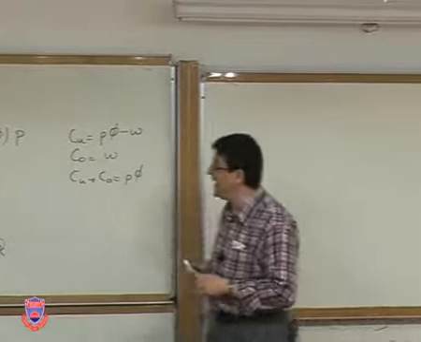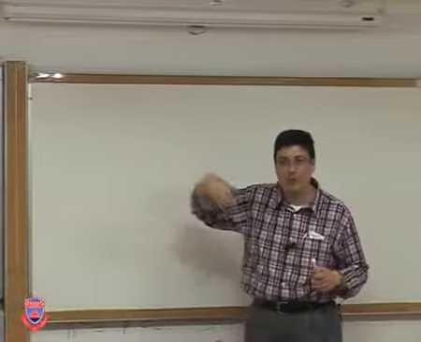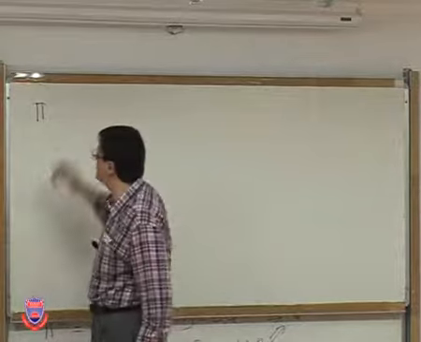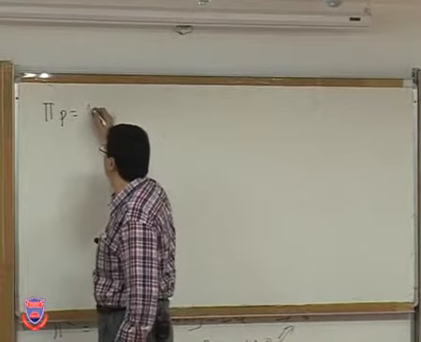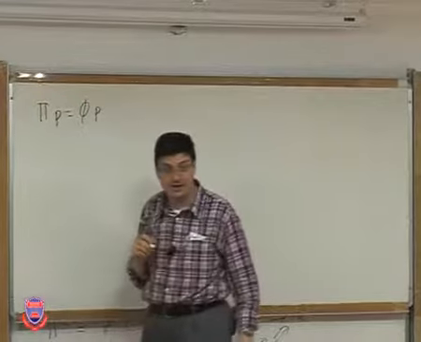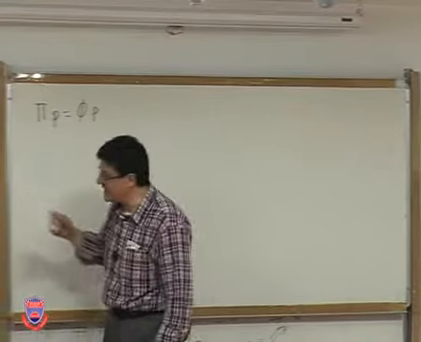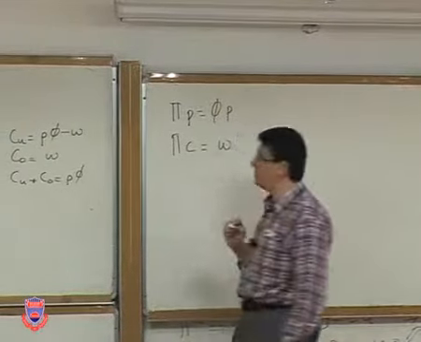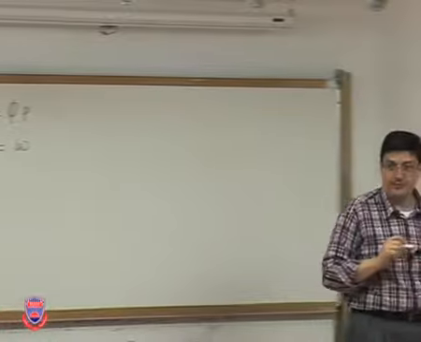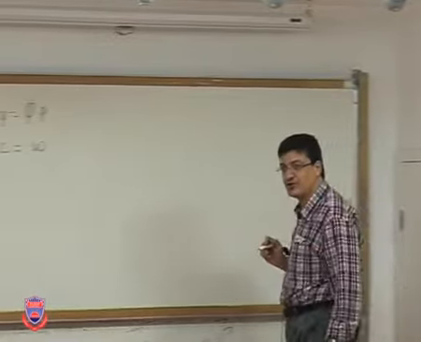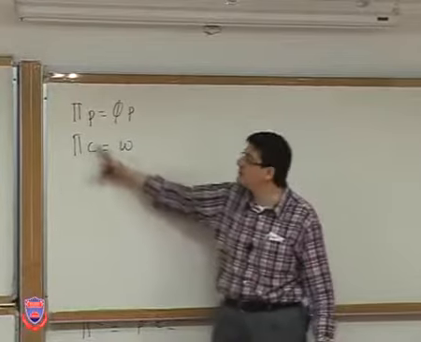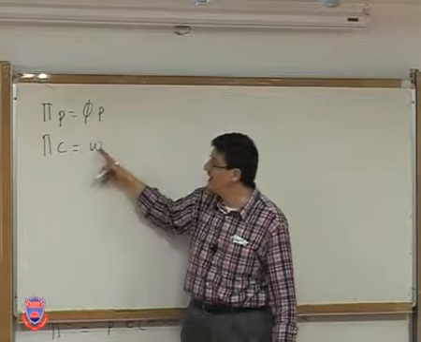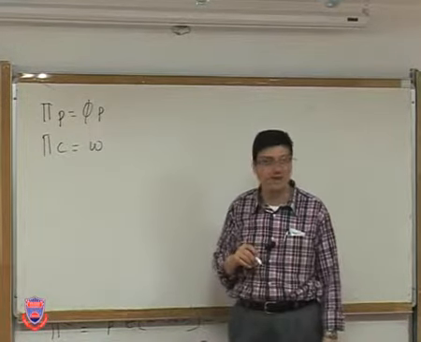so let's say that pi is again the proportion that we are looking for in the same way. So I'm going to have pi times P equal to phi times P. And the second one is pi times C should be equal to W. So these are the two equations, two unknowns that I have, given a certain pi. Okay, I want to decide on pi and W, but the solution to this problem is